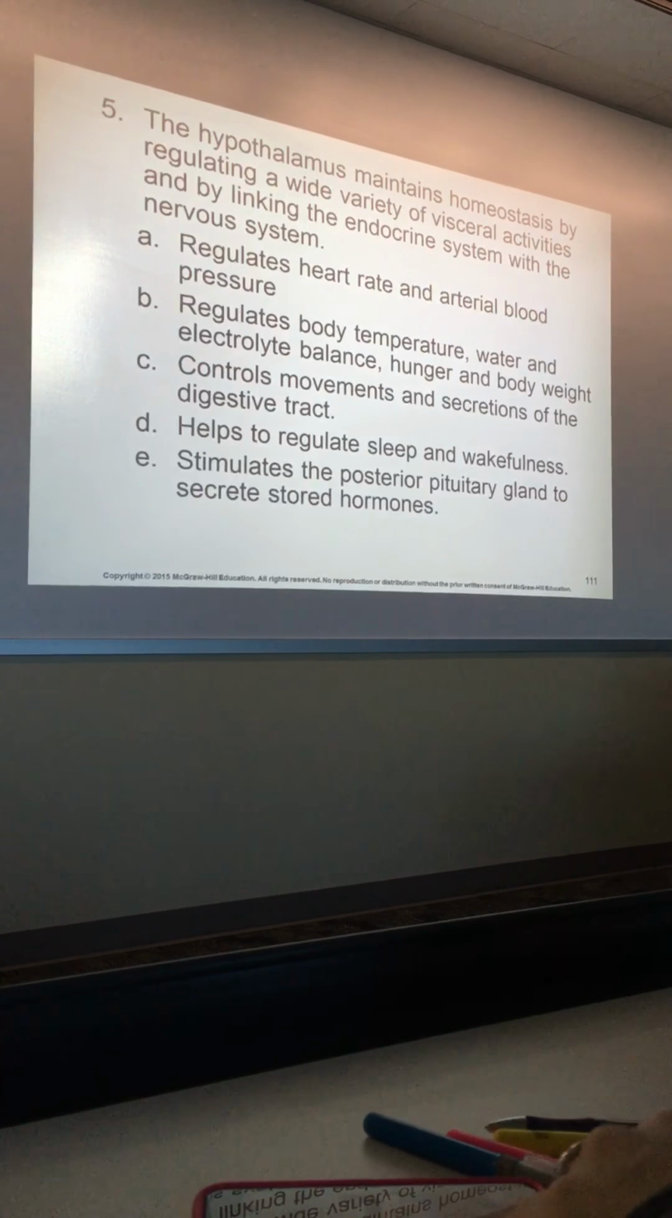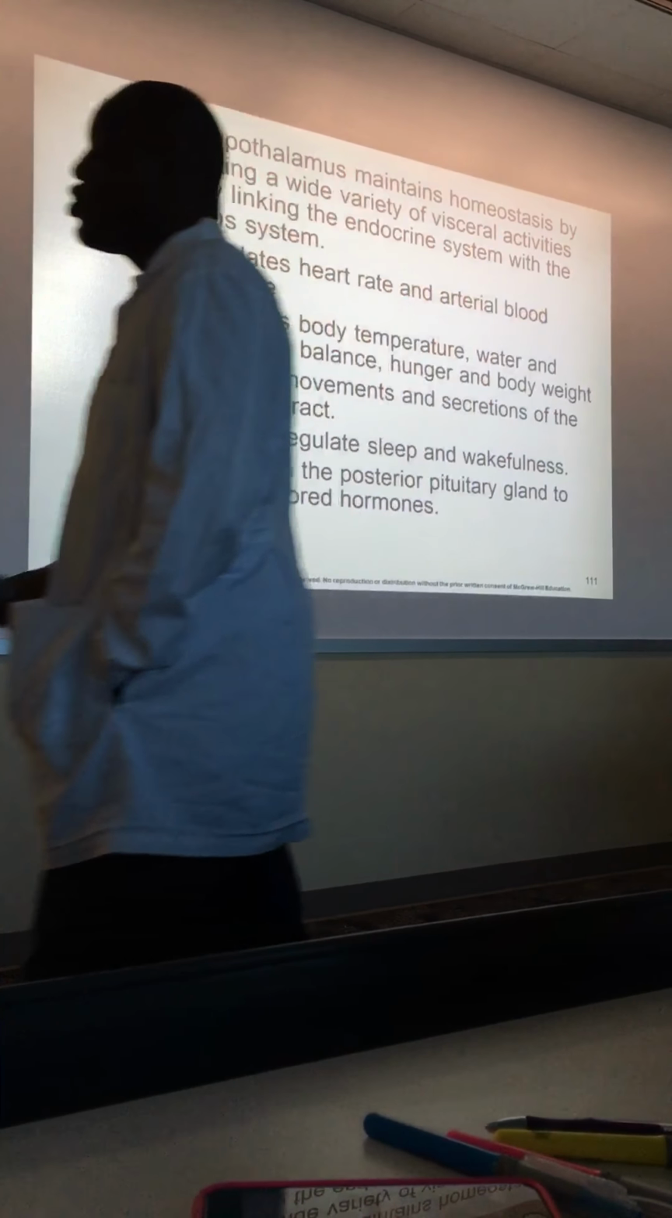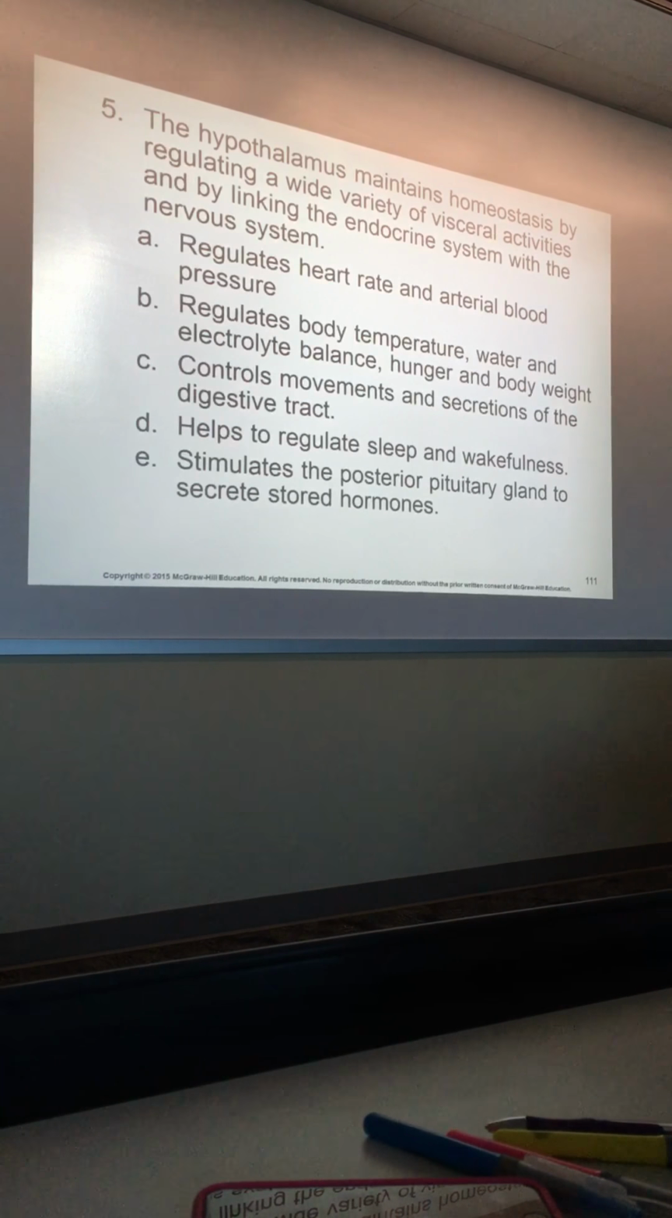If that much is true, the hypothalamus maintains homeostasis by regulating a wide variety of visceral. Anytime I see the term visceral, what does it mean? Organ. Anytime I see that term visceral, I know they're talking about organ. Activities by linking the endocrine with the nervous system, Mr. Gilmore, here's the catch. Those are the two most powerful systems in the body, because we found out the nervous system controls and coordinates everything in the body, and the endocrine system says, I'm going to tell everything what to do by hormones. If that much is true, you'll find out the hypothalamus is going to regulate heart rate and